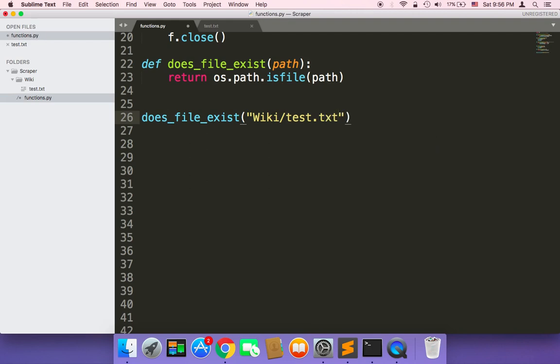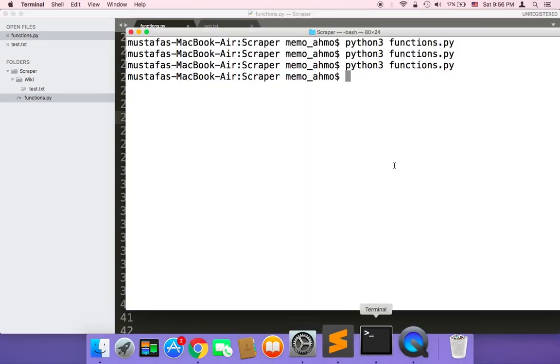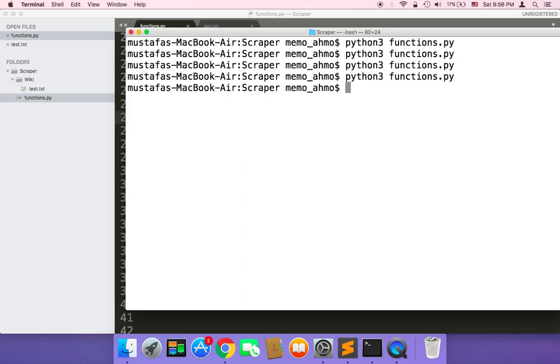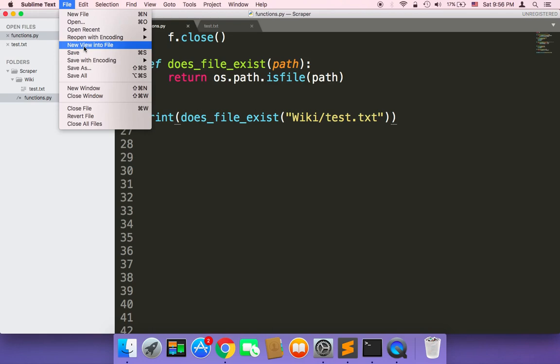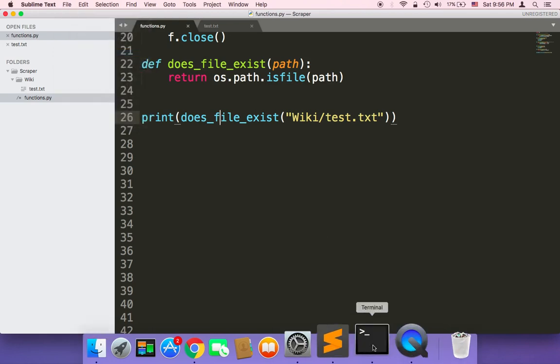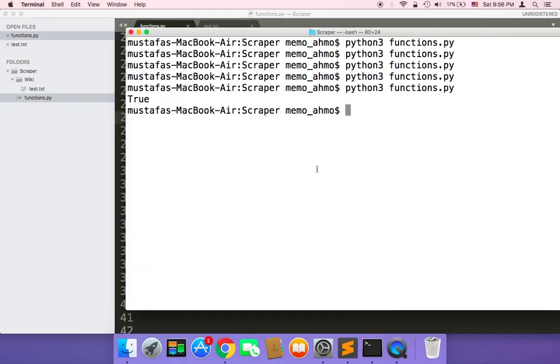test.txt, and let me save, and in our terminal let me run our script, and obviously it's going to print nothing because this is just gonna return true or false. So we can use the print in order to print true or false. So let me again save, and then run our script one more time, and as you can see it's going to say here true because